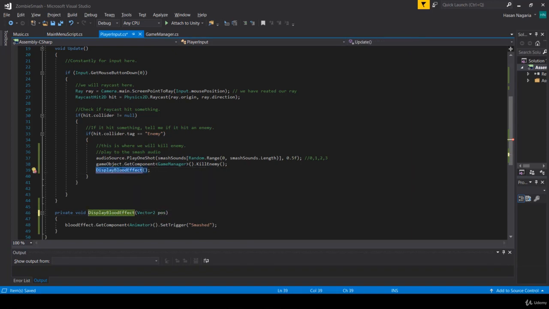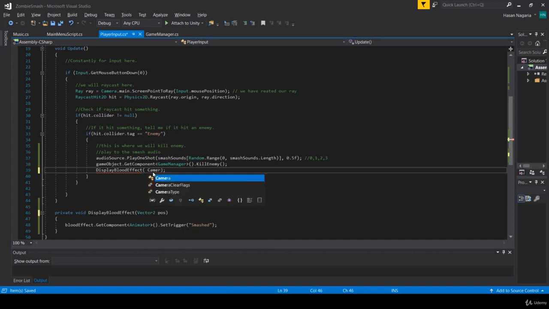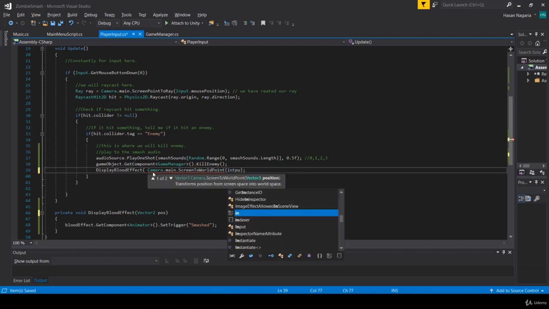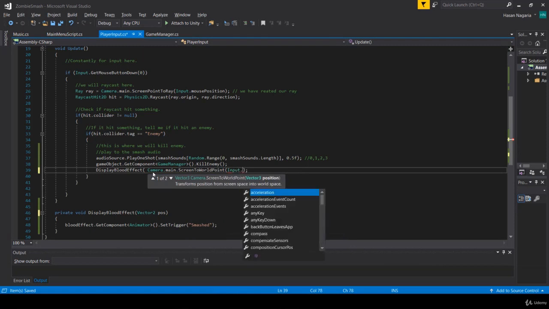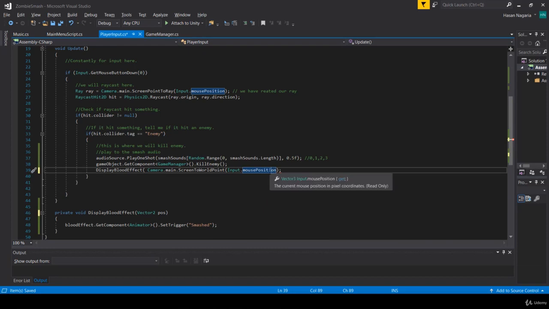Now over here, obviously it's giving us an error because now it's expecting us to give it a Vector2 position. So what we can do is camera.main.ScreenToWorldPoint, input.mousePosition, and boom. Okay, so what exactly did we do here? And I need to close off this bracket. Let's just look at this line of code. What I'm saying is I'm taking the information of my mouse position and I'm converting it from screen to world